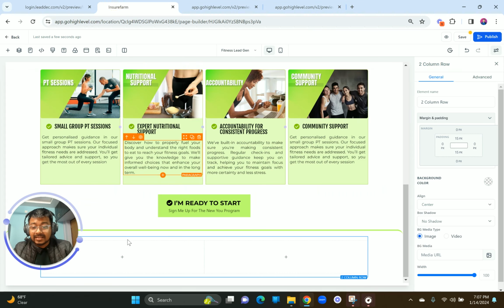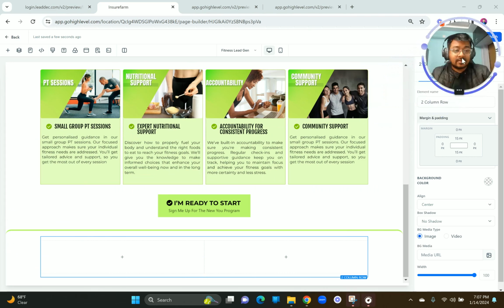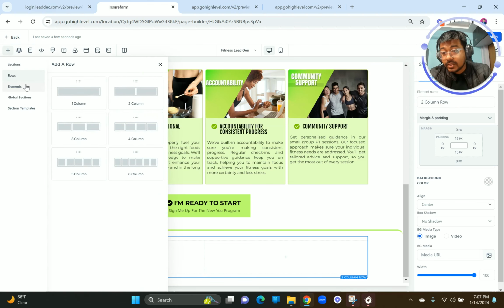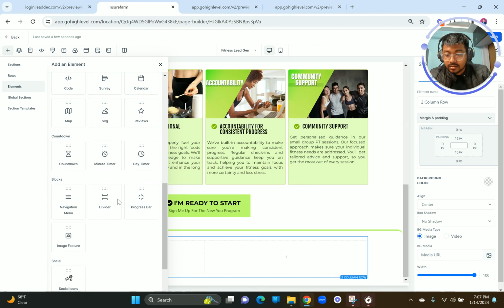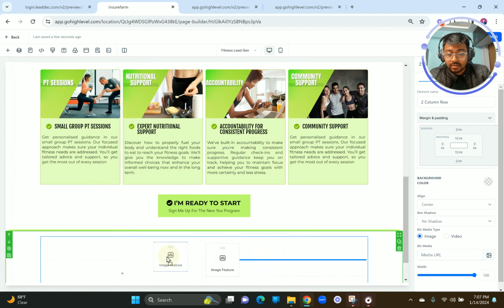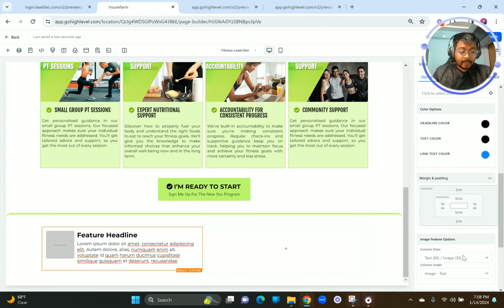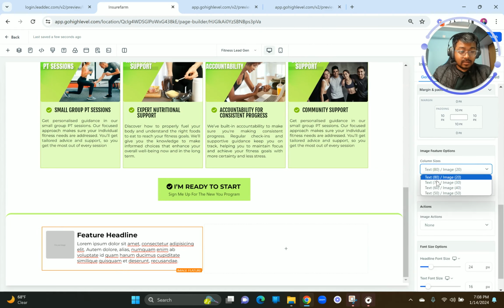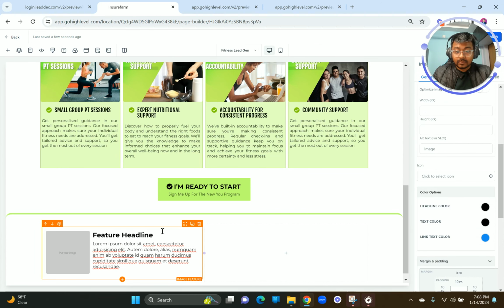Okay, I'm having some issues with my face. I just want to add an element here, and the element is going to be, not image slider. Okay, this is image feature. Yep, that's what I want the image to be. It's going to be image feature, and it needs to be 70, and